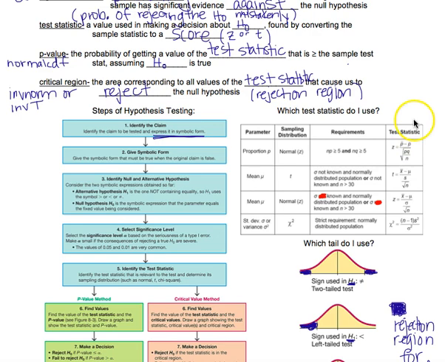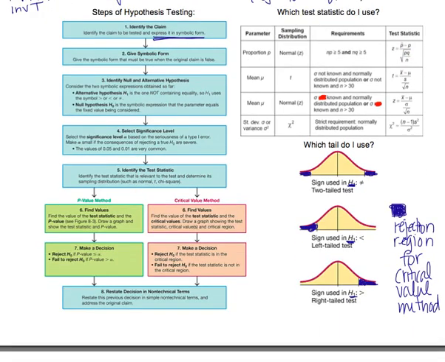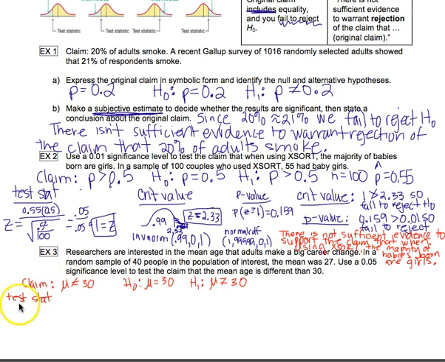So now I'm going to go back here. And our test statistic we just decided was t. So t equals, and our values say to do x bar minus mu. So x bar is the sample mean, which is 27, minus mu, which is the population mean. So what we're testing is it being 30. So minus 30 divided by,